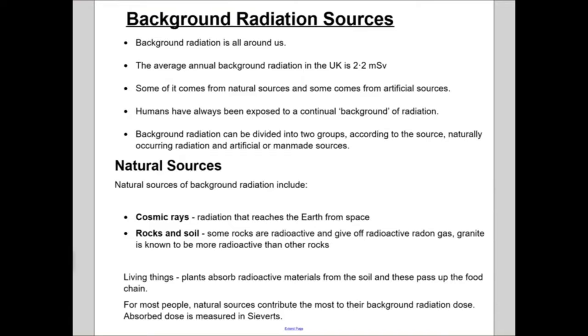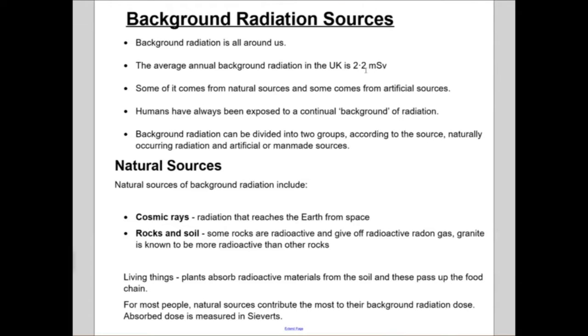Now, in the previous class, we also talked about some of the naturally occurring radiation, and I also mentioned that everything on the Earth is exposed to radiation, right? So basically, we are always exposed to background radiation. Some radiation is always falling on us. So background radiation is all around us, and the average annual background radiation in the UK